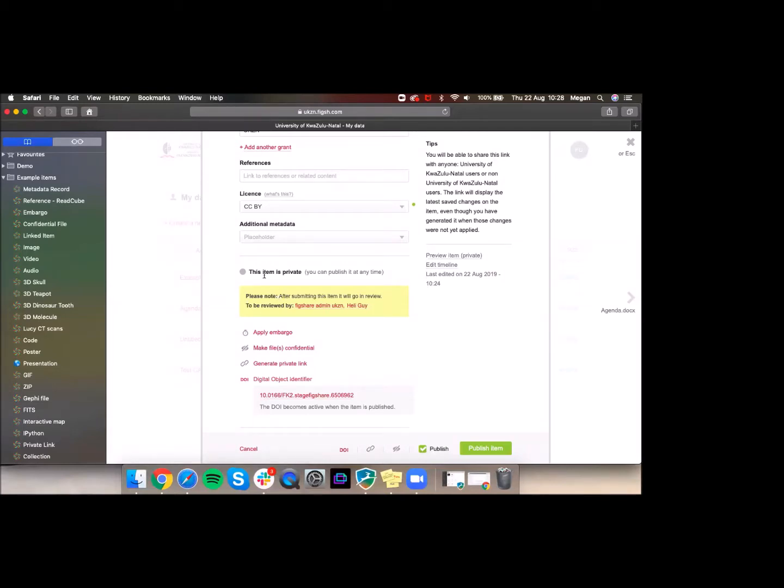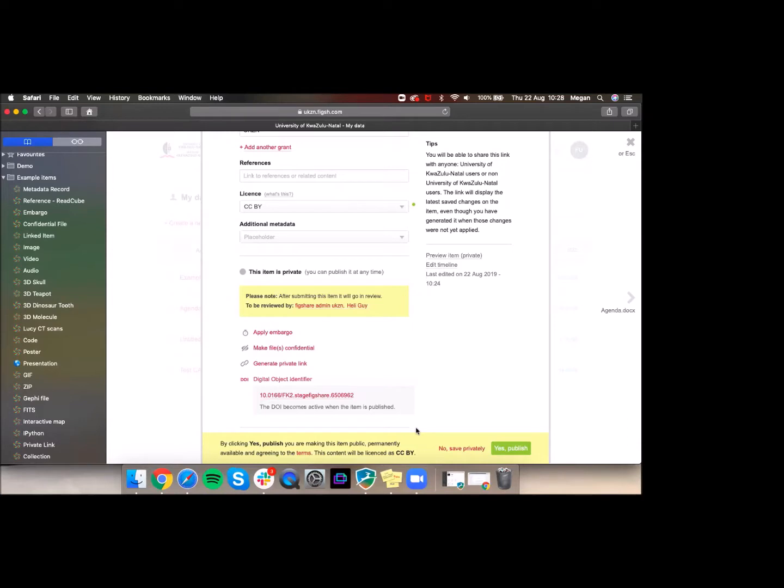This particular environment has review turned on. So before an item becomes publicly available, it goes to a reviewer to approve or reject before it goes live. As an end user, I'm notified of this, and it tells me that it's going to be reviewed by one of these people. If I'm happy with that, I click Publish Item, and it reminds me about the persistency